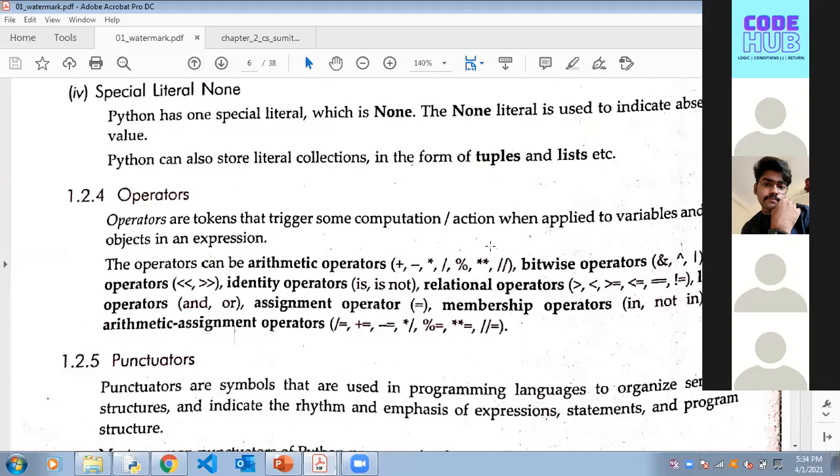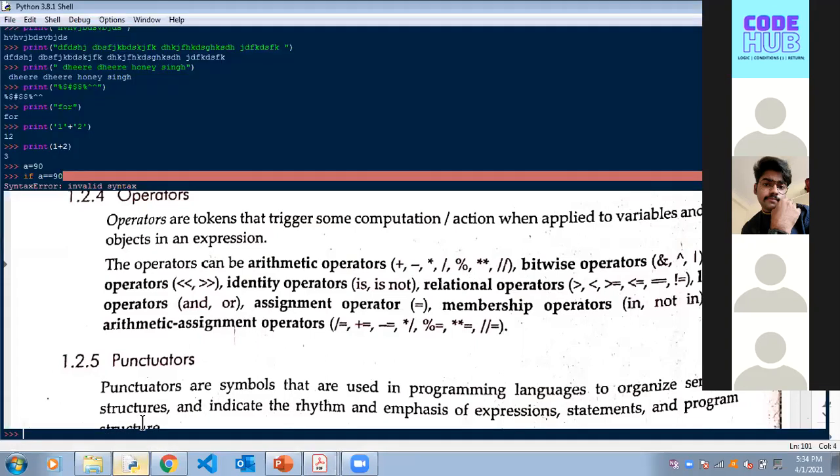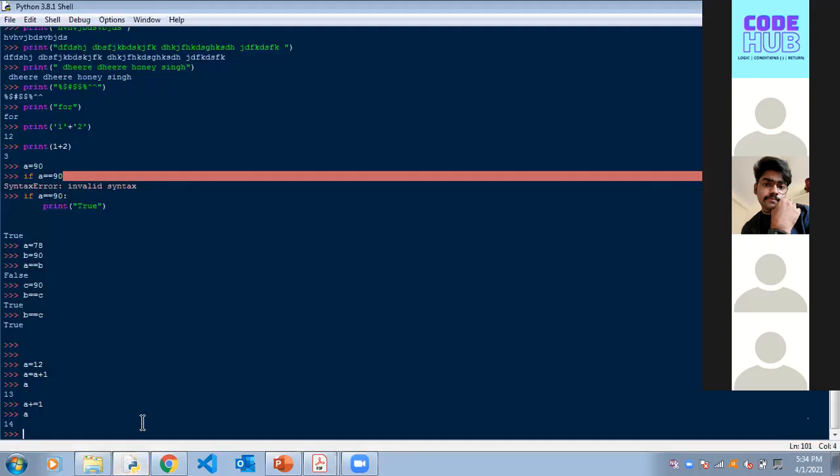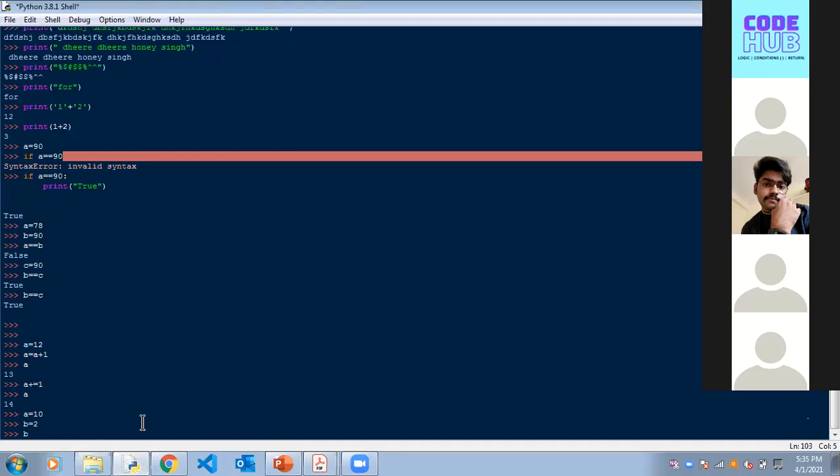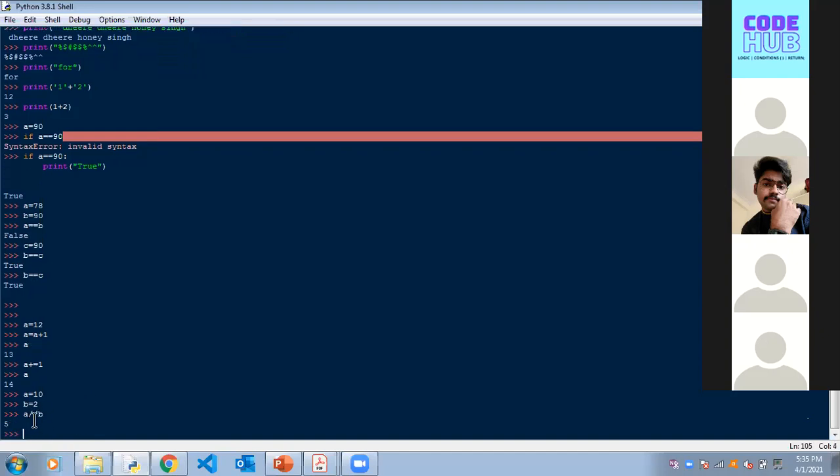So this is for finding the remainder. Double star is for finding the power. And there are different types of division. You remember this. There is floor division, there is integer division. I'll show you. I take a is equal to 10 and b is equal to 2. I use double slash: a double slash b, right? That is 5. This is an integer division.